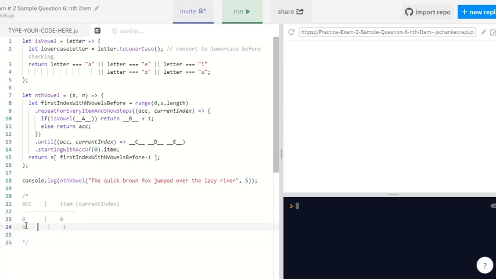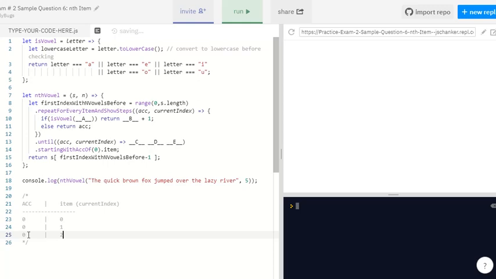Okay, so then we go over to the next character at position 2. And again, we're still looking at the characters before this one. When we have our cursor here on the E, it means that we just looked at the H and the T previously. So again, our accumulator is still 0